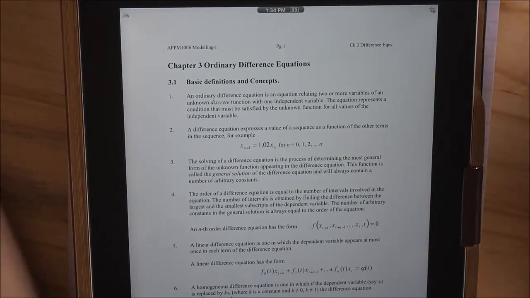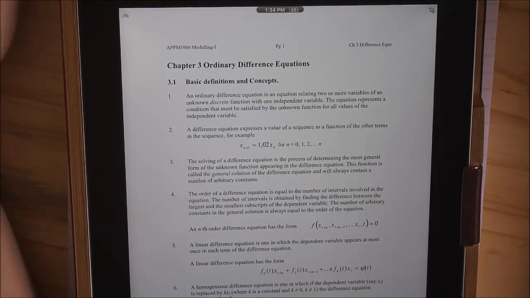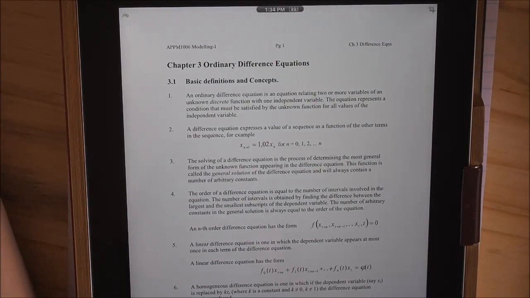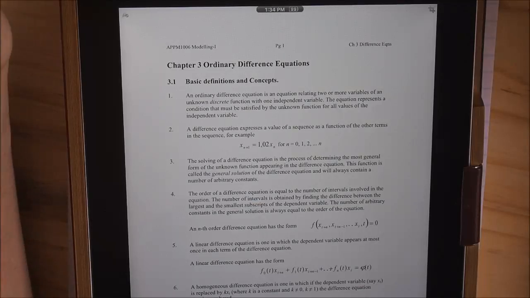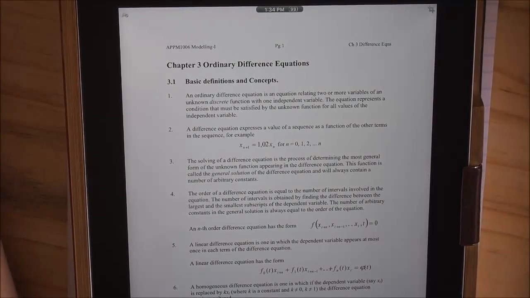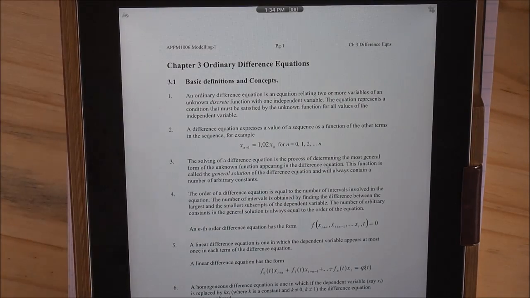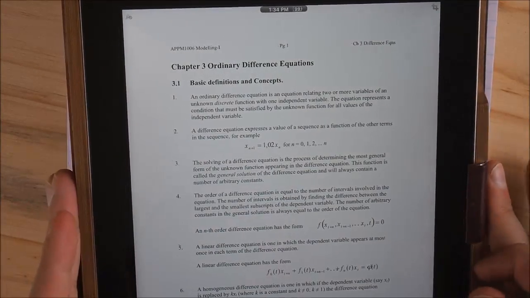Alright, hello everyone. So today we're going to talk about chapter 3, and essentially how the course is structured: the first two chapters are differential equations, so continuous models, and then chapters 3 and 4 introduce difference equations, which are basically discrete analogs of differential equations. Okay, and the first thing I want to start off by saying is just illustrating what the difference between